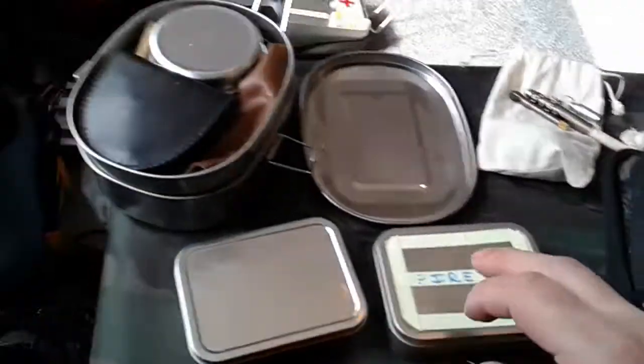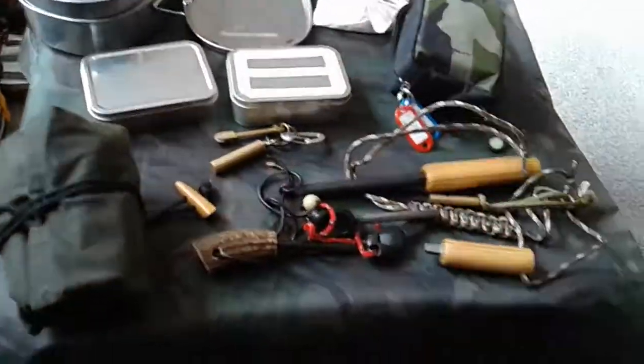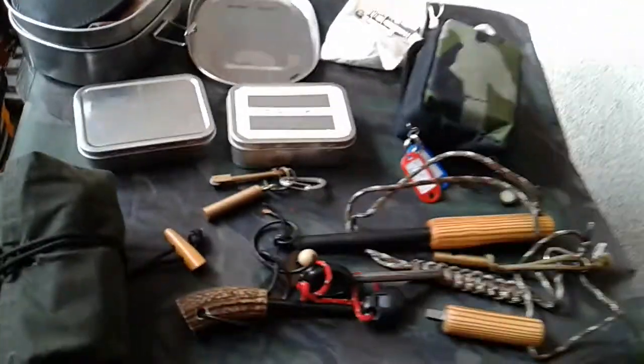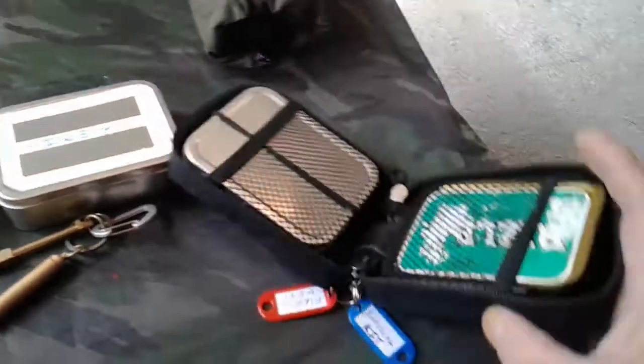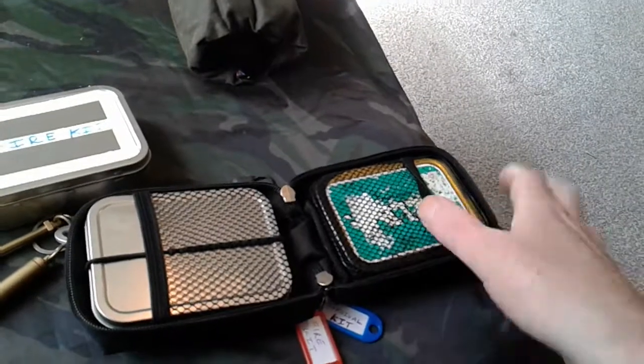But you're looking for some pointers, right? So I've cleared away the bigger ones and we'll go through the smaller ones. You might get a couple of ideas, and we'll discuss why the tin. Right, I've got 3 fire kits here, tin size. That's my survival tin, and I carry that in a pouch,